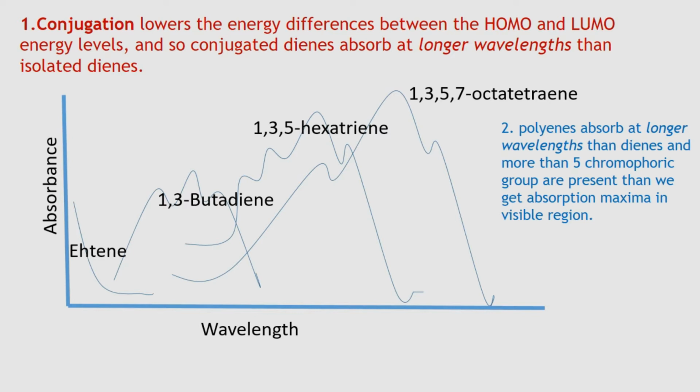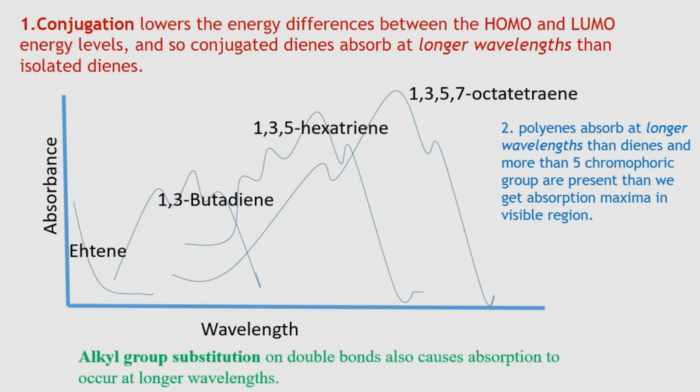Now the conjugated polyene system also appears colored if there are more than 5 double bonds in conjugation, and we can find absorption above 400 nanometer. Also, one more thing that you need to include: alkyl substitution on the dienes extends the chromophore, in the sense that there is a small interaction between the sigma bonded electrons of the alkyl group and the pi bond system. So the effect of alkyl substitution in dienes is additive, and we get absorption at longer wavelength. Now first of all we start with the homoannular dienes.